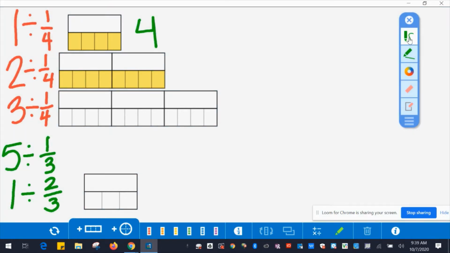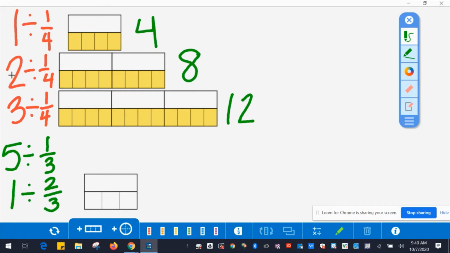I would then ask students to see if they are starting to see a pattern. I would go then to the third problem, and I would say 3 divided by 1/4, or how many 1/4 size portions are in 3 whole pieces? And again, we would go and count 1, 2, 3, 4, 5, 6, 7, 8, 9, 10, 11, 12. At this point, students should start to see this relationship, this pattern, that when we are dividing a whole piece into fractional size pieces, their answer is